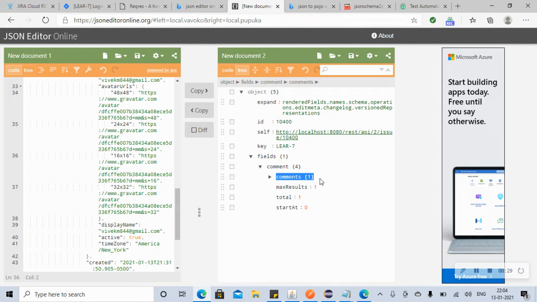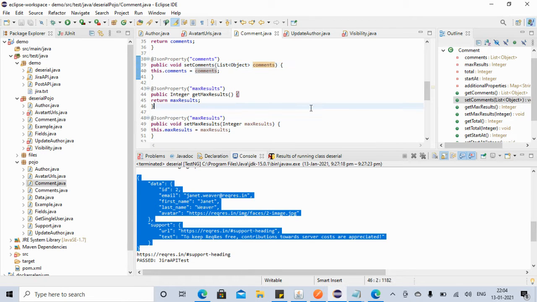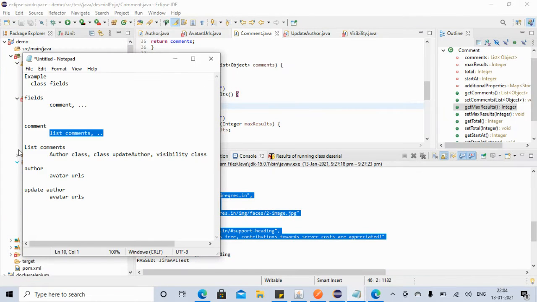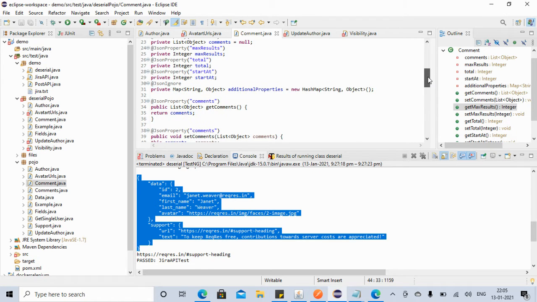So just a second, friends. It's a list, but it's not a list of integers or strings. It is a list of objects because there are different things. That's why I said it's a list of objects. Okay, so now the comment is done. Then next, go to this notepad and understand. Comments is done. Now inside this list we have this much. Inside the comments, if you see, they have author class and everything they have updated.